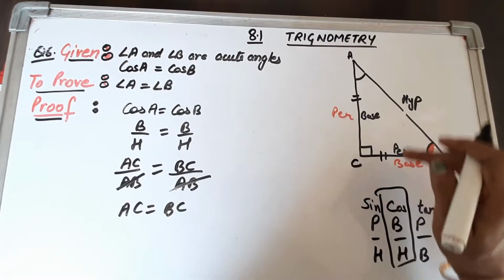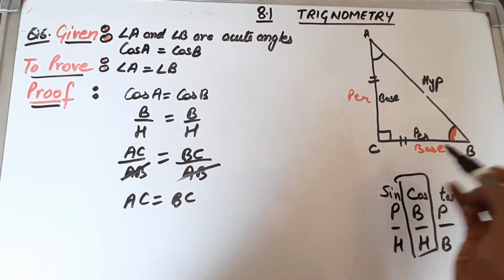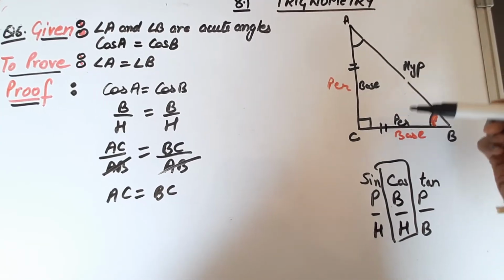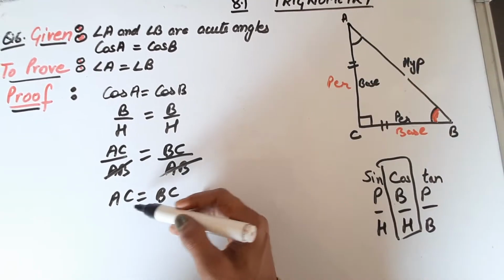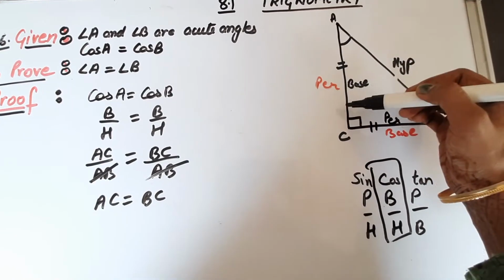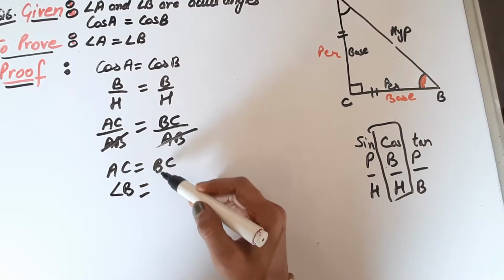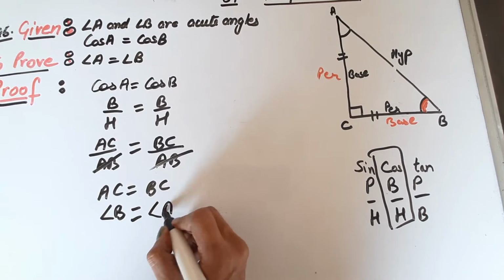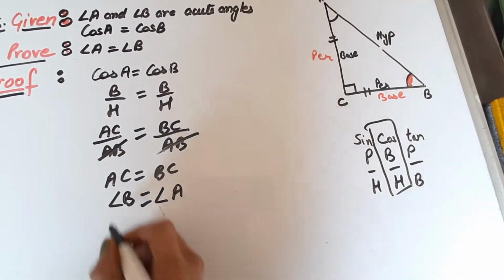That means the two sides of a triangle are equal. And we have learnt a rule in our 9th class that the angles opposite to equal sides are equal. If these two sides are equal, then the angles opposite to these two sides are also equal. So let us see. Here is side AC. So opposite to AC side is angle B. So let me write angle B. And here BC. BC opposite angle is A. So this is what we have to prove. Angle A is equal to angle B.